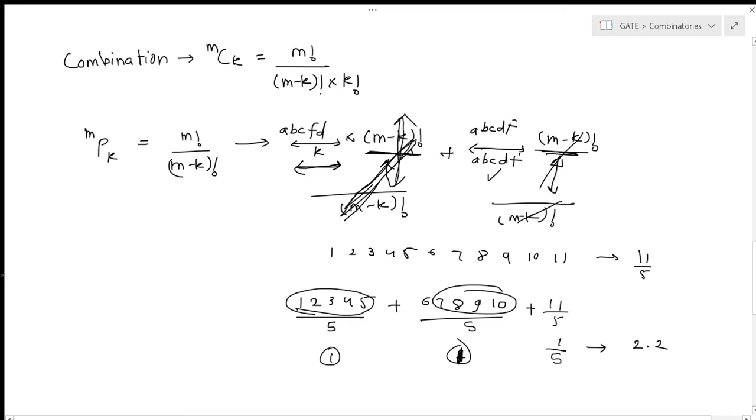So similarly, please try to fill the above equation which I wrote. If I want to give a simple example, I have elements a b c d, and out of these four elements I want to take two elements, and the order matters. So a b. Now see, I want to take only two elements, but whenever I write M factorial, I am taking the rest of the elements also. So c d, or what could be the other combination? I am fixing a b, here I have d and c.